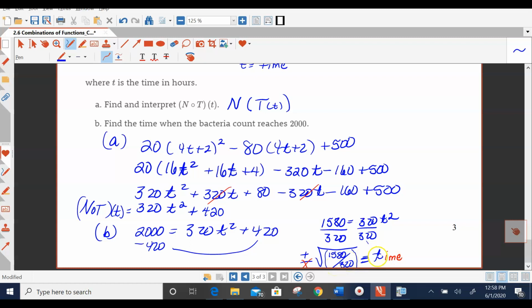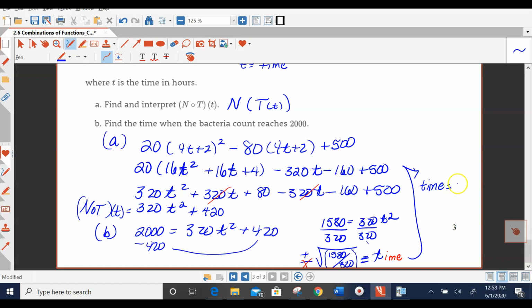But since this t represents time, we have to throw out the negative. We only want the time to be positive. So when you take the square root of 1580 divided by 320, you end up with time